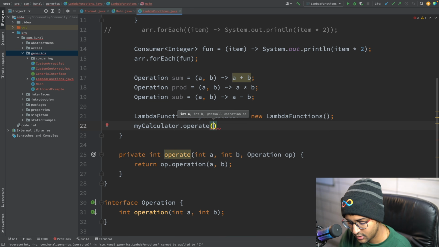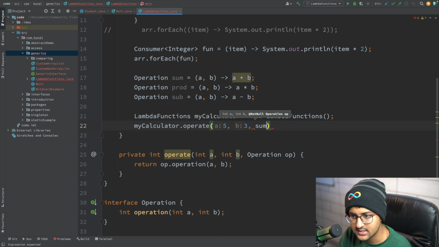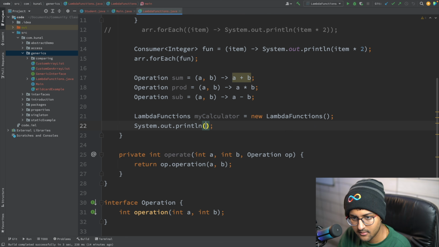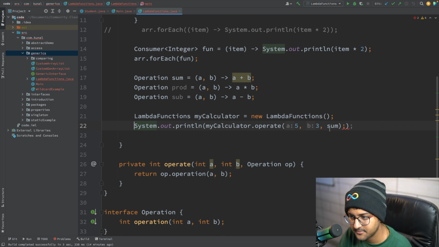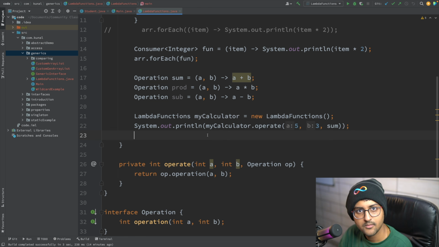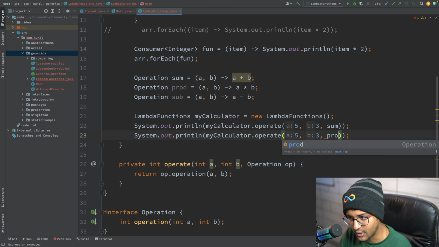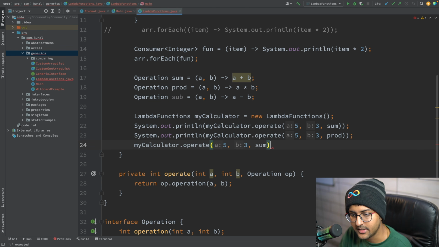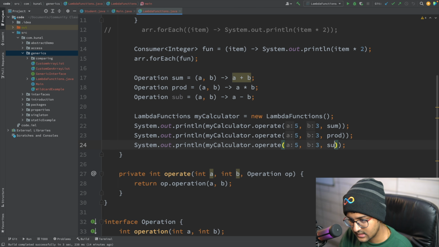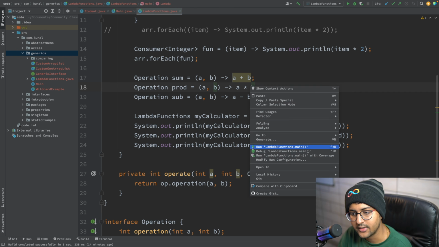Let's say I want to get 5 comma 3 and I want to get the sum of this, something like that. Print something like this. Print product of it, print subtraction of it. Let's try to run this.